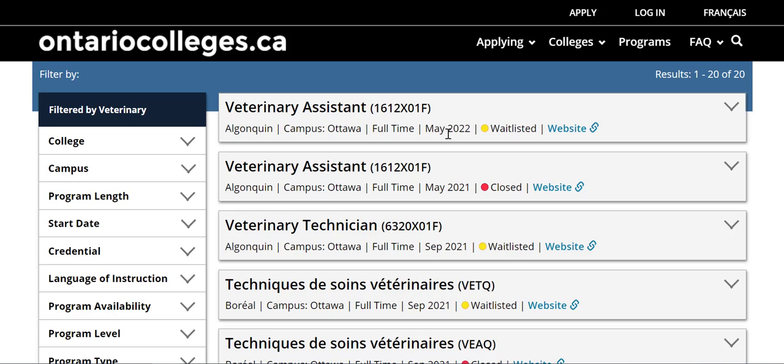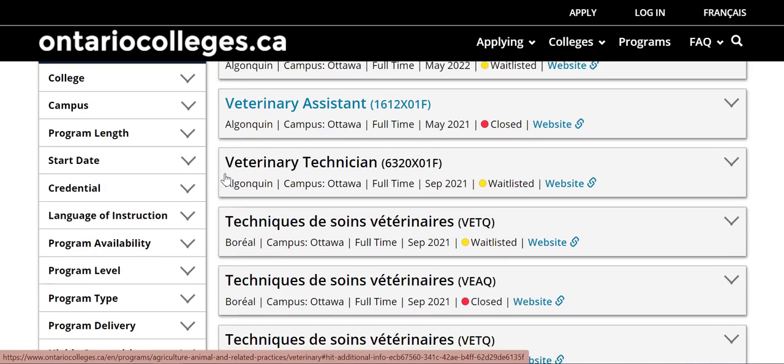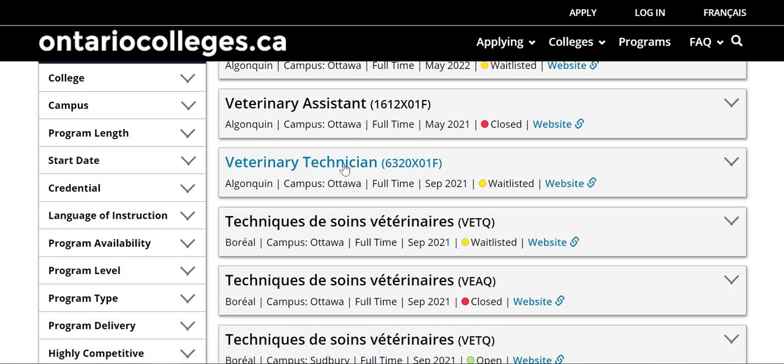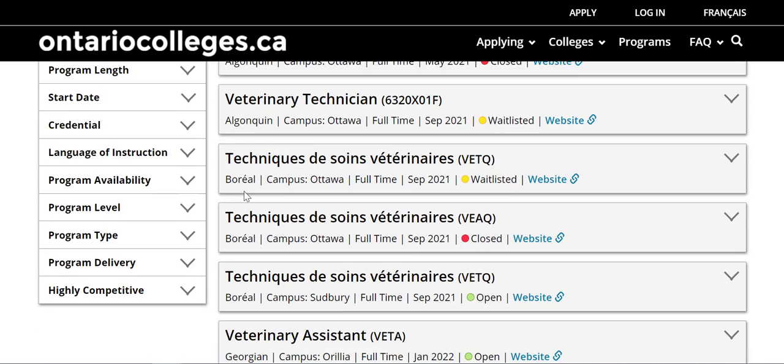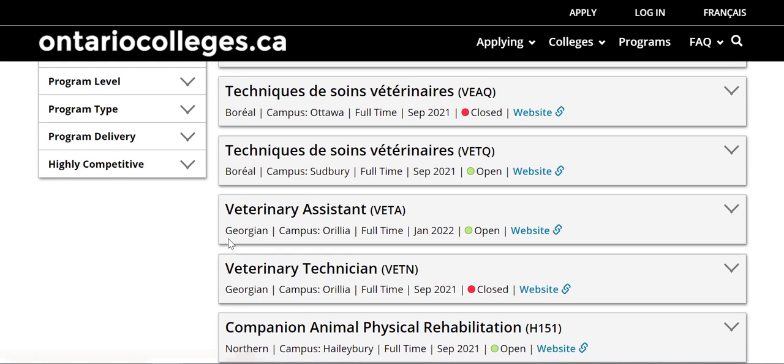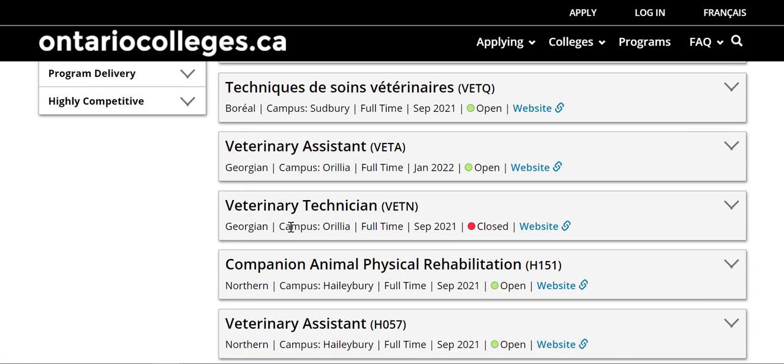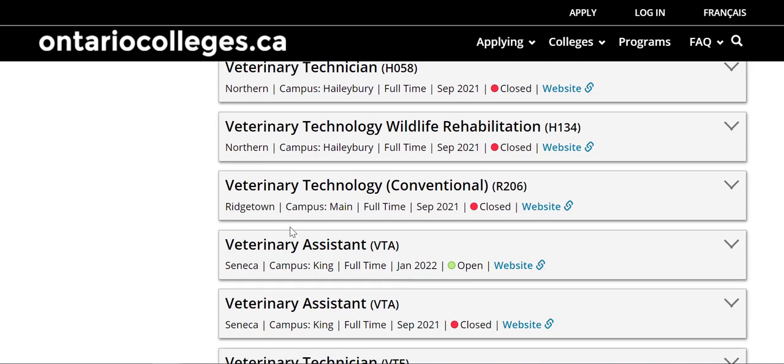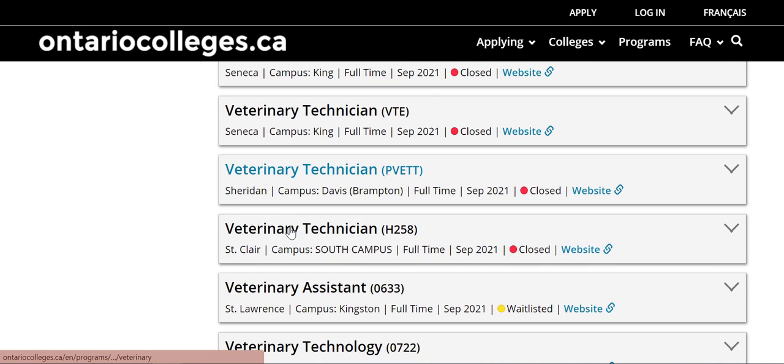One, because they've got one that's the waitlisted one that's open. The code is the same, so I can't explain that, but it will probably end up leading us to the same website. Then you've got your veterinary technician, some French programs. These are all listed in alpha order by college, veterinary assistant at Georgian, and so on and so forth. So we see all of the options here, and again, you might choose Sheridan over Algonquin based on its geography,